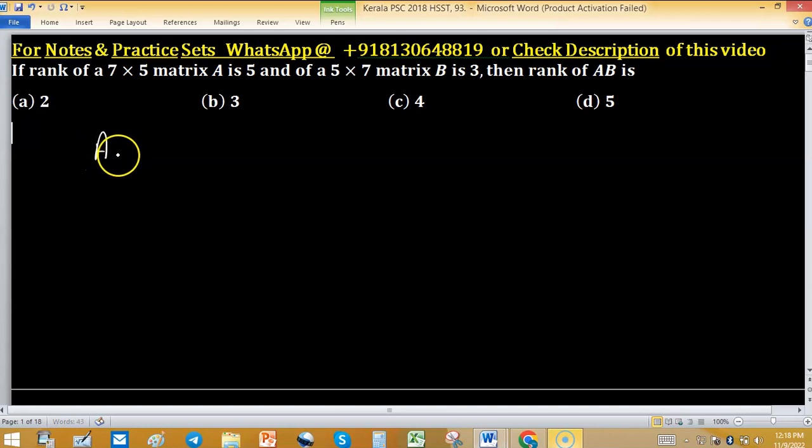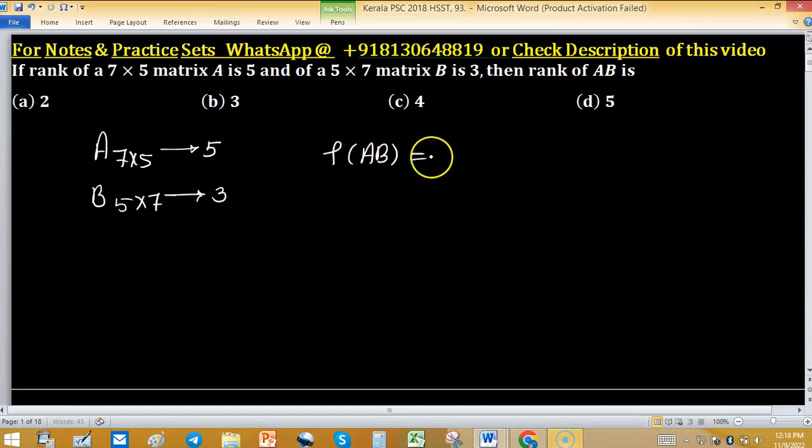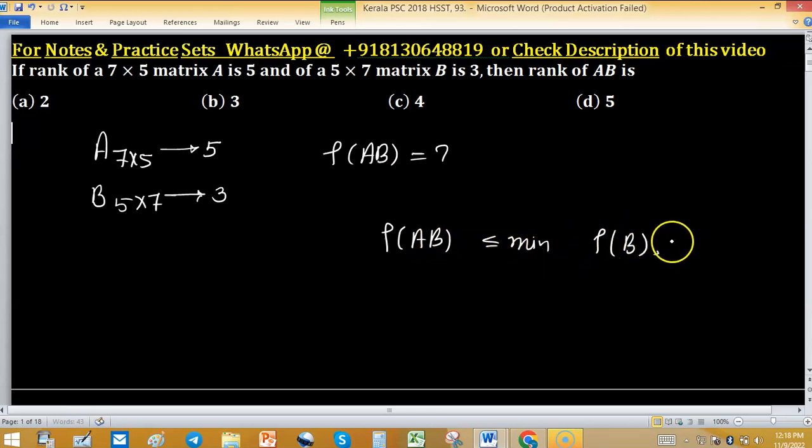If the rank of the matrix A of size 7 cross 5 is 5, and the rank of matrix B of size 5 cross 7 is 3, we have to find the rank of AB. To find the rank of AB, we know the result: rank of AB is at most the minimum value of rank A, comma, rank B,